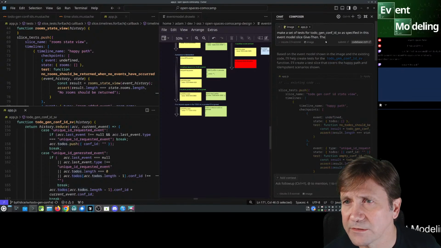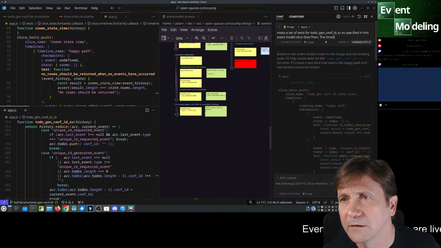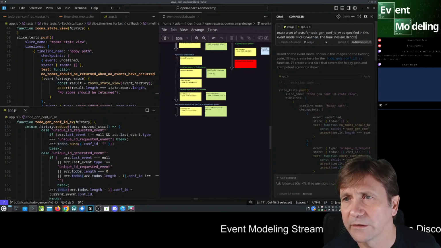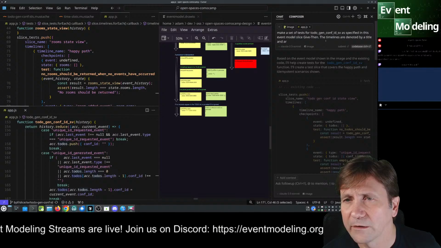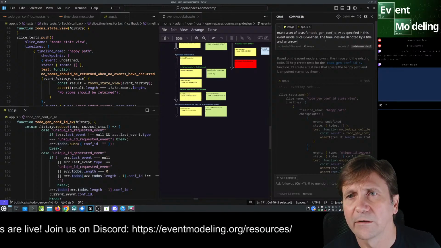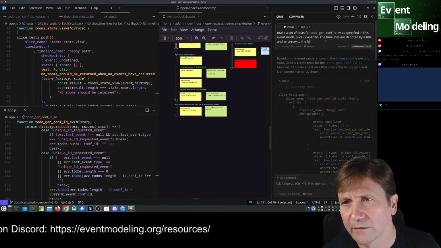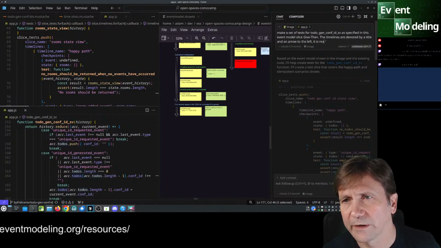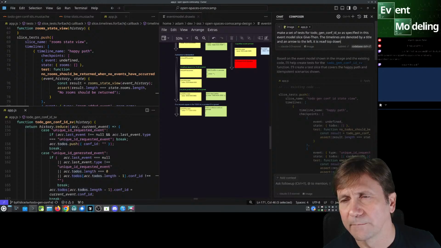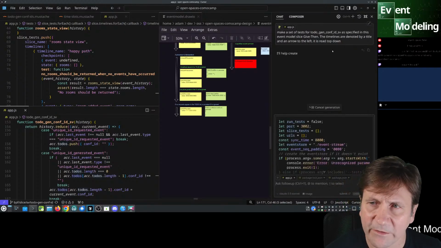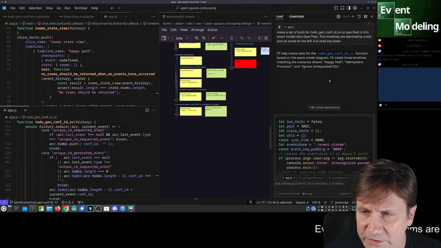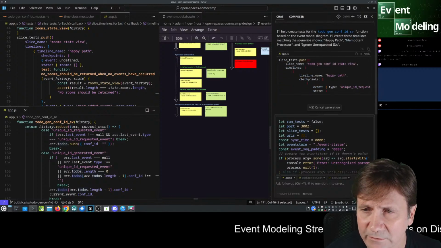The timelines are denoted by a title and an arrow to the left. It is read top down.